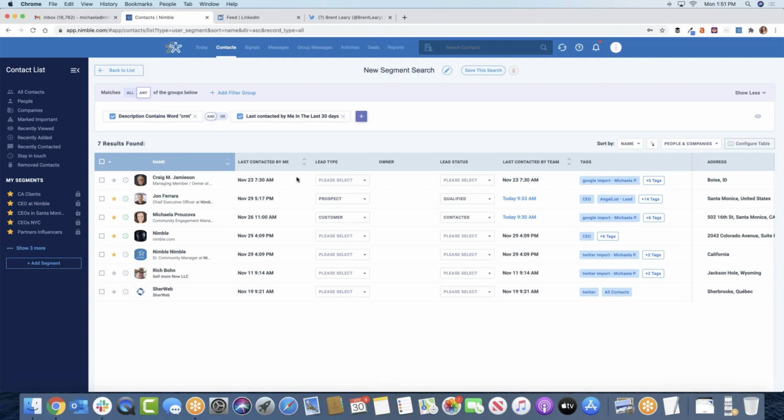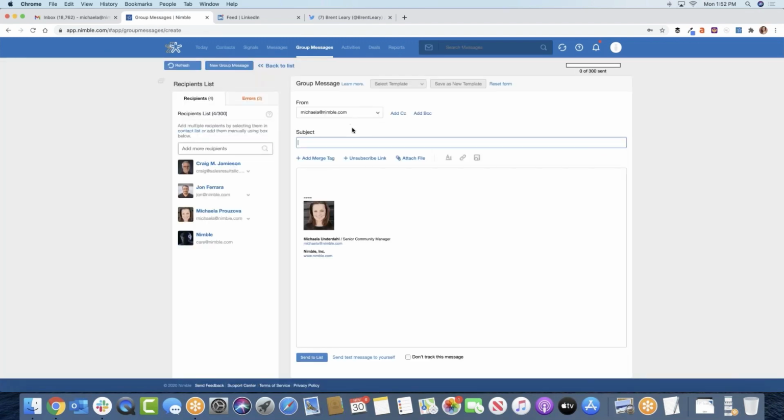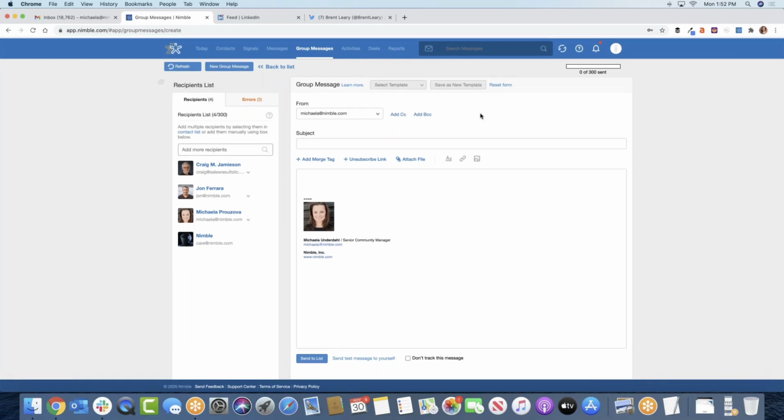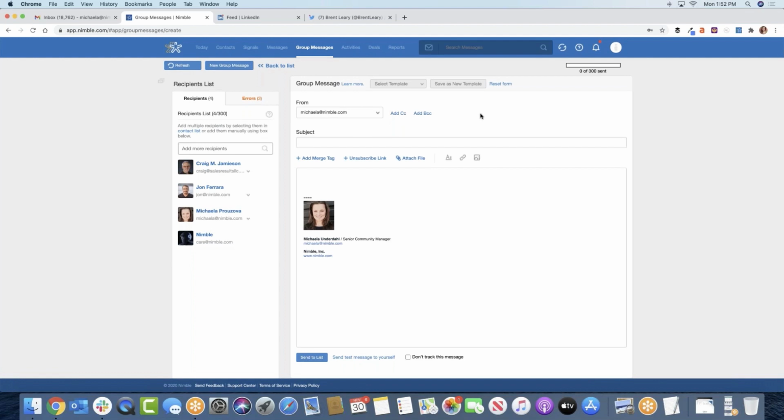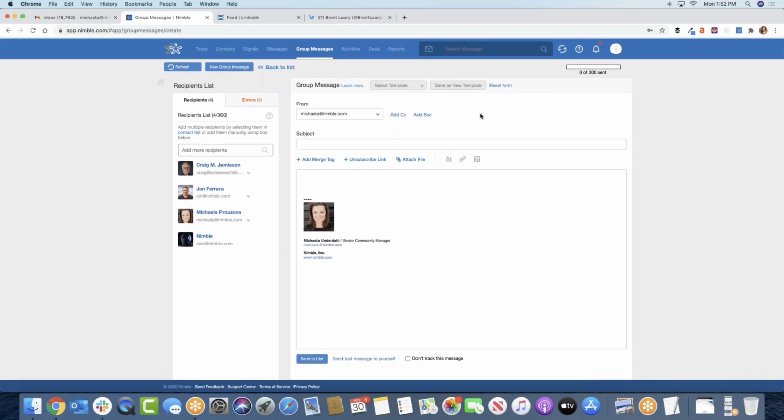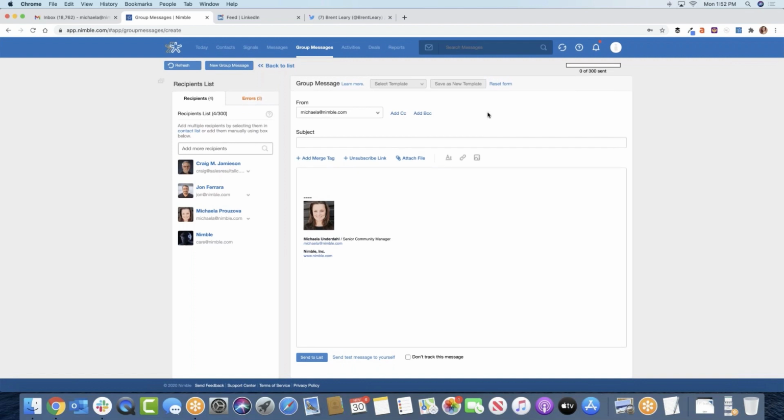And then once you are happy with your outreach list, the next feature I wanted to show you that Jim was talking about that he utilizes a lot is the group message. You can connect as many emails to Nimble as you want, and then you'll always be able to select which one you want your outreach to go out of. And I would say the biggest benefit to using Nimble's group message feature is the fact that nobody on your list will know that it was a group message. To them, it will look like it was sent from the email you connected to Nimble.